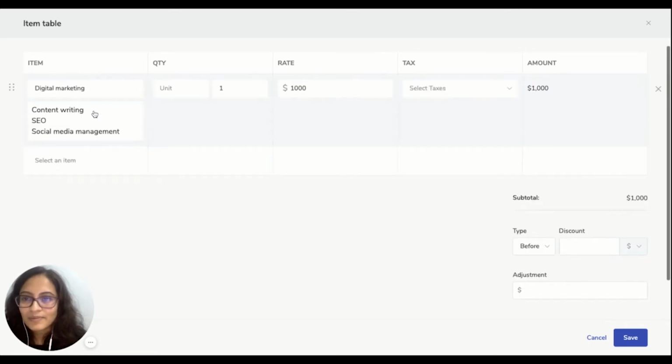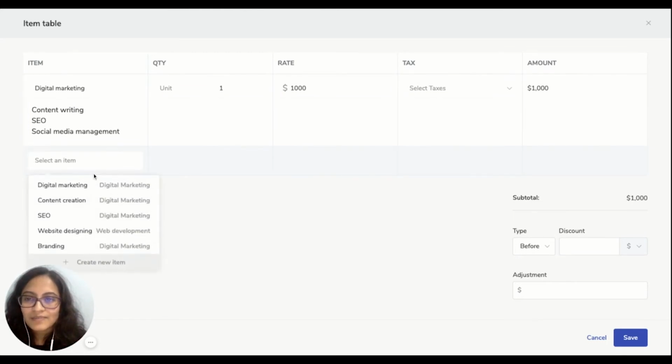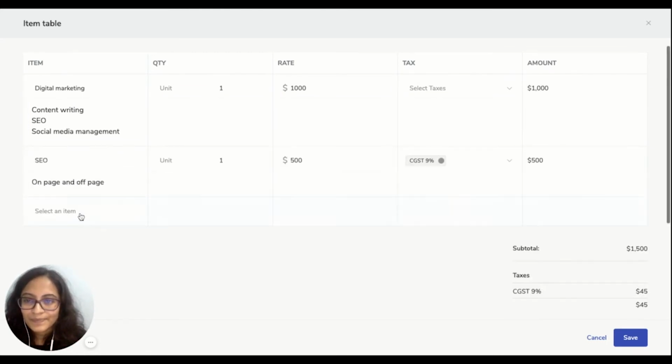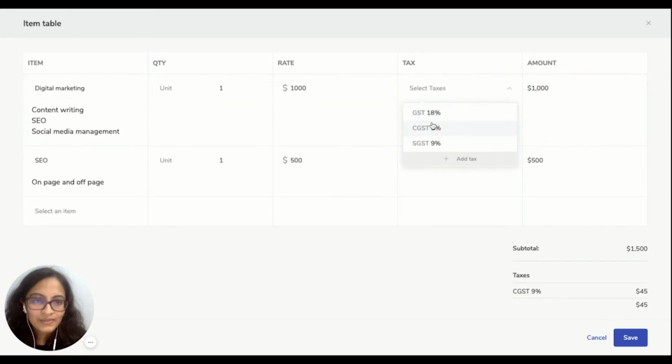So for example, I'm going to add digital marketing. So here you can see the description is also seen, and it is editable. You can change it from here as well. Now if you want to add multiple items, you can do it from here. And you can see the rate is already picked up, and also the tax, if you want to add the tax, you can do it from here.